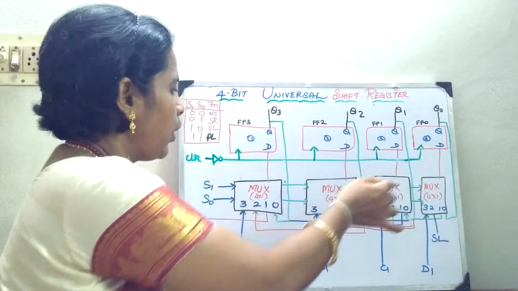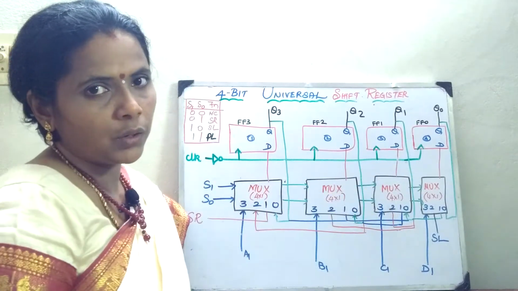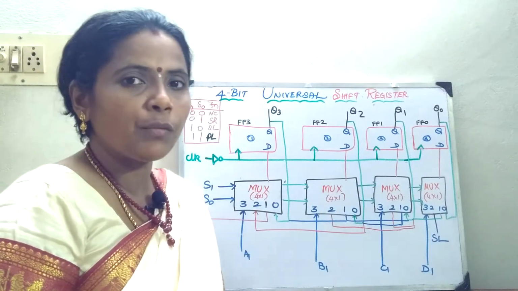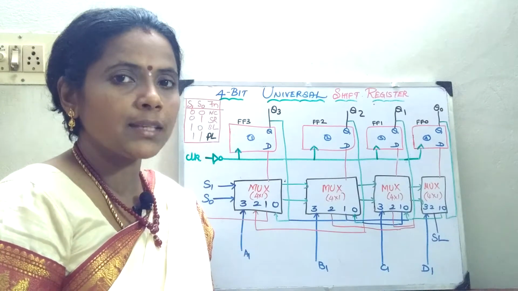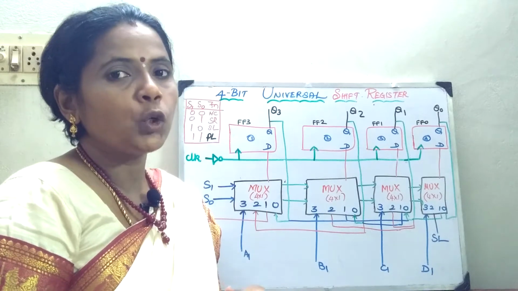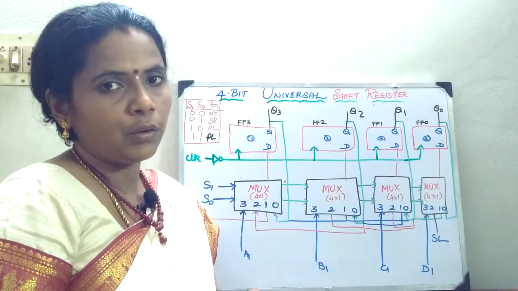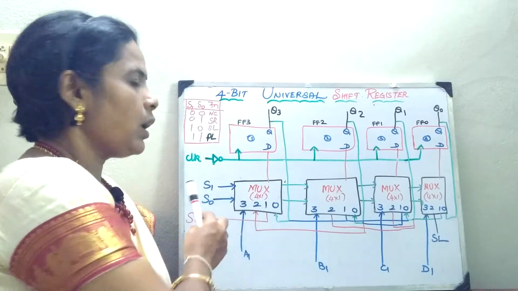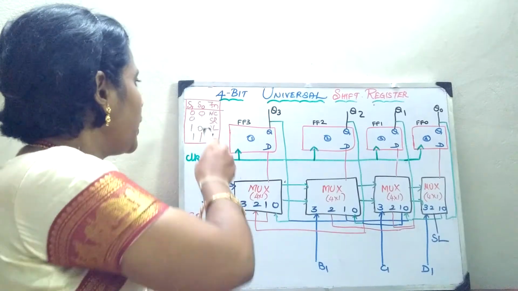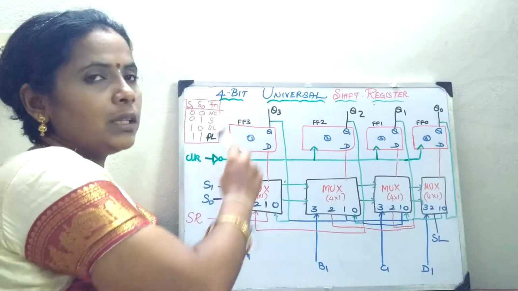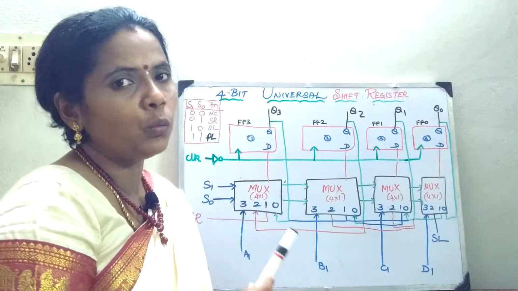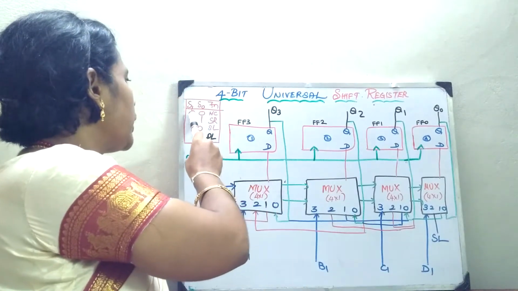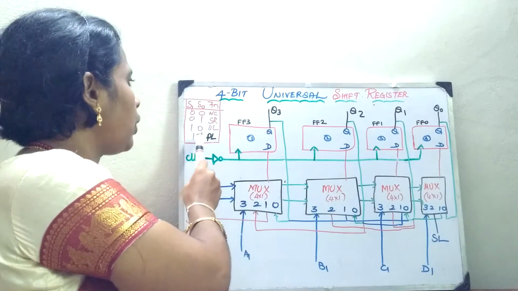Okay, so now we are going to analyze the 4-bit universal shift register, for which we are going to use 4 D flip-flops and 4 muxes. Whenever I am going to use a 4 cross 1 mux, how many select lines should it have? It should have 2, since 2 power n is 4 to 1. So it should have 2 select lines, which are represented as S1 and S0. Based on this select line operation only, this entire circuit is going to work. So you are going to have 4 conditions: 0 0, 0 1, 1 0 and 1 1.